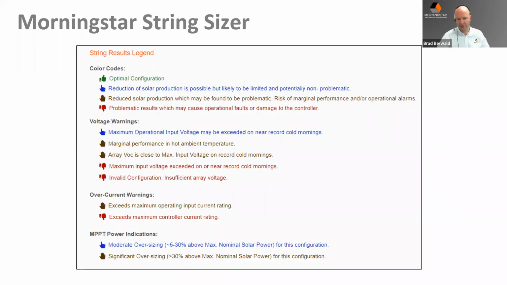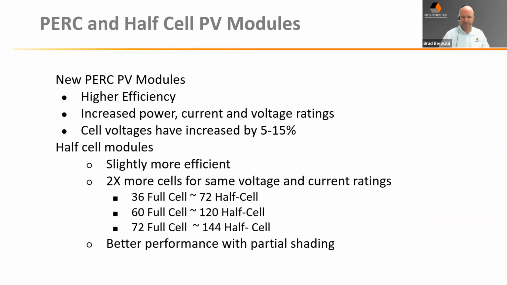And then we give a nice color coding scheme here that gives you examples of when you're nearing a high voltage, when you're going to possibly see the controller current limit during high power, peak power production, and also when you can take advantage of MPPT power benefits, because obviously higher voltage arrays mean MPPT has more work that it can do, but it also yields a lot of benefits as well. So we want to give you good guidance on that.